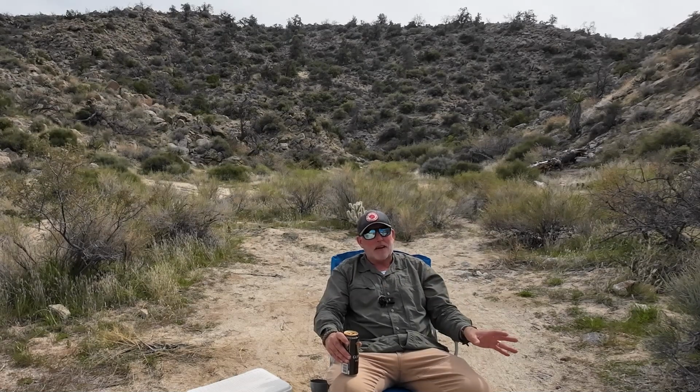Now I got to drive 5 miles out down Pinyon Mountain Road, and it's pretty narrow, and it's rocky in spots, so hopefully nobody's coming out. It's a Monday in the afternoon, so I think everybody that wanted to come out here has been here and gone back already. And the good thing is I'll probably be able to see dust a little ways off, so hopefully if somebody's coming up, they'll pull over or I'll pull over, because there's spots where it's single lane and